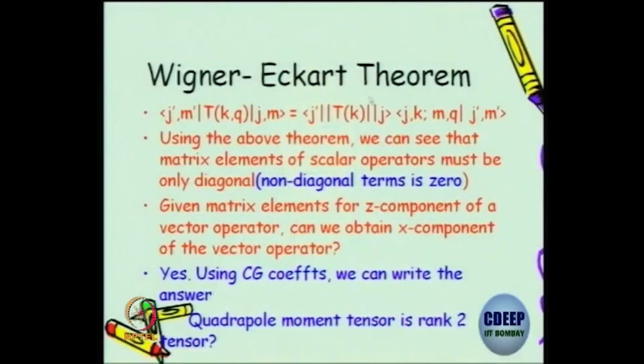Why can you find the ratios of the components? This reduced matrix element is independent of the components, independent of Q or of the magnetic quantum numbers. All those magnetic quantum number and Q dependences are only in the CG coefficient. So once I give an answer for one component for a specific rank K, other components depend only on this constant times the CG coefficient. It is very powerful. If the experimentalist gives you one component answer,